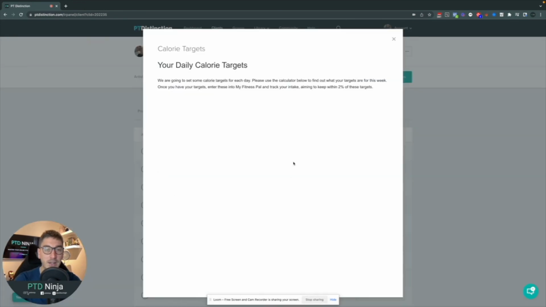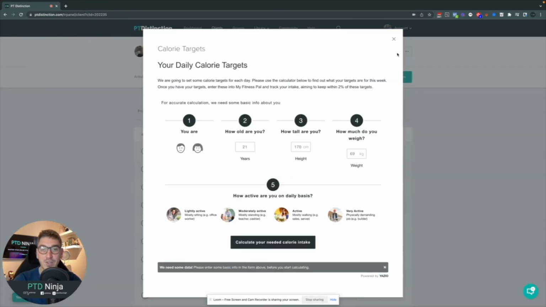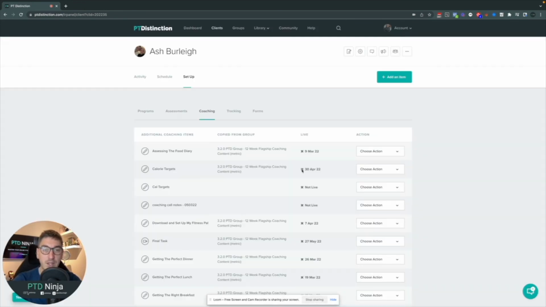So when it copies the content over, it's not live. We can then go in here. We can actually edit the calorie targets for that particular client if we want to. Then once we've done that, we can switch it so it's live for them, or we can leave it to go live at whatever date we've set inside their account. So again, lots of different options here where we can use this live feature to help drip feed out content